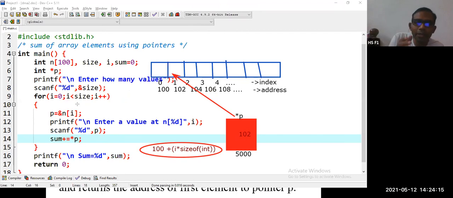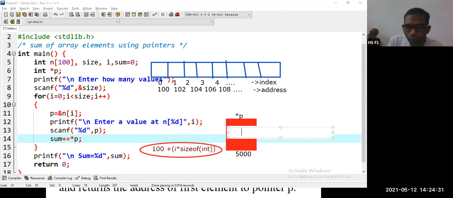Next iteration, I plus plus. Now again you are assigning the address p is equal to ampersand n of I. Now this 102 will be changed to 104 and this process goes on. Now the pointer is pointing to the 104th location.